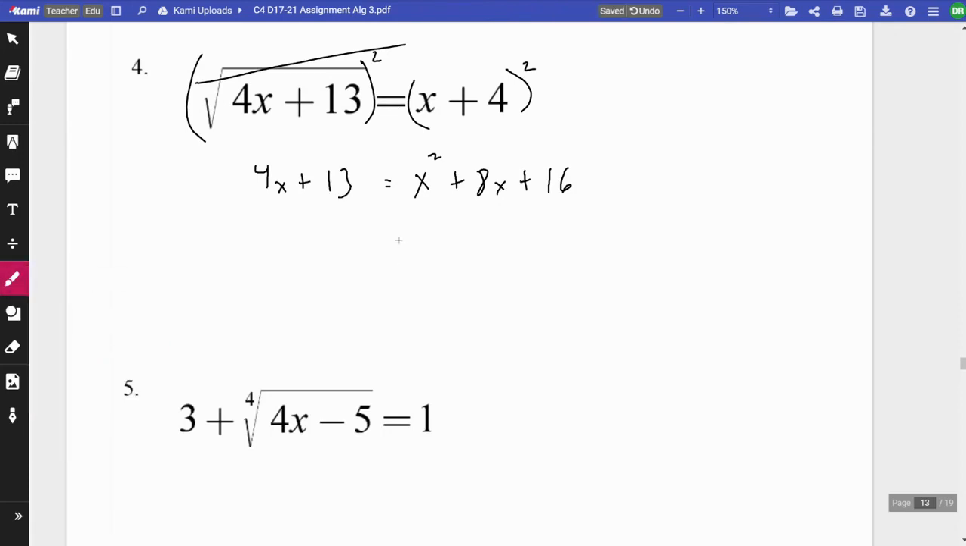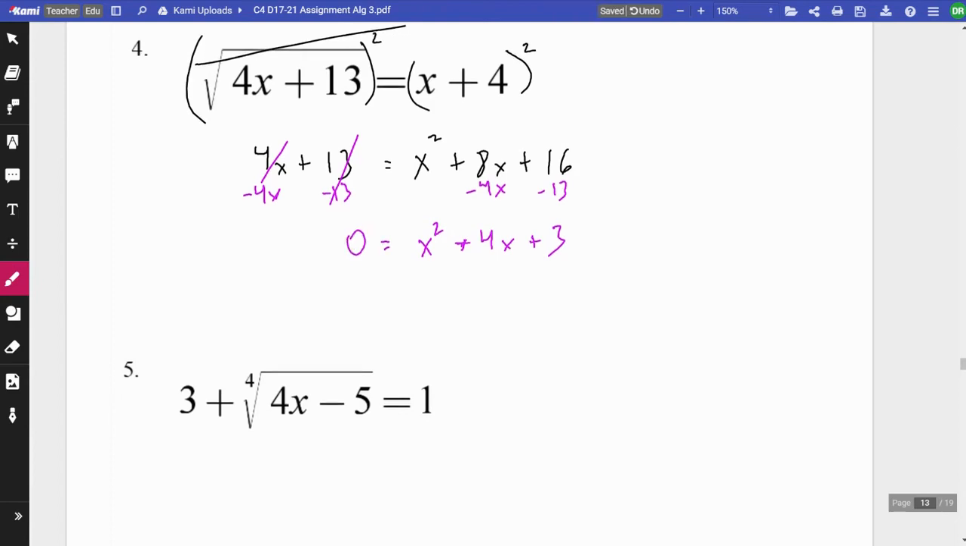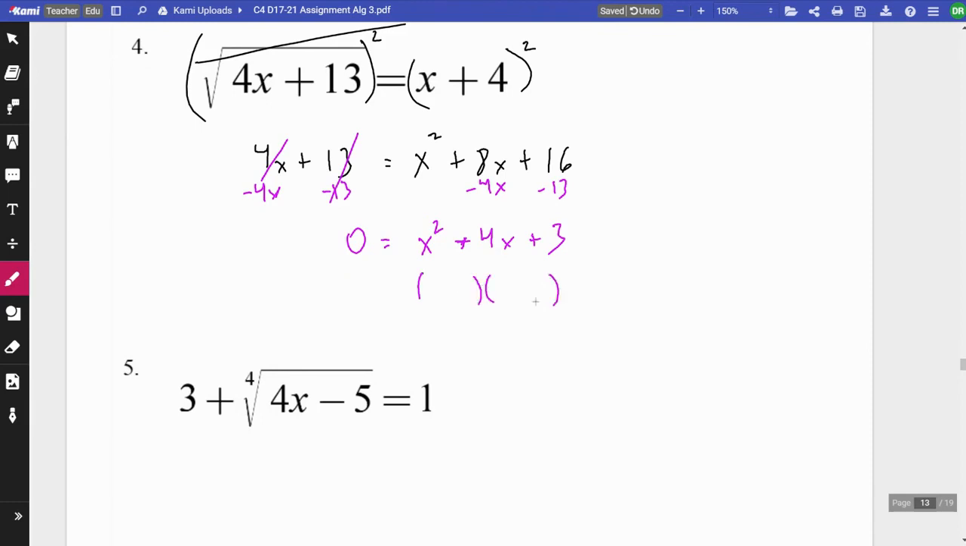It's a quadratic. Get everything to one side. I would subtract a 4x and subtract 13. You get x squared plus 4x plus 3 equals 0. That's factorable. So x plus 3 times x plus 1. And then your last step, when you split this up, you're going to get x equals negative 3,